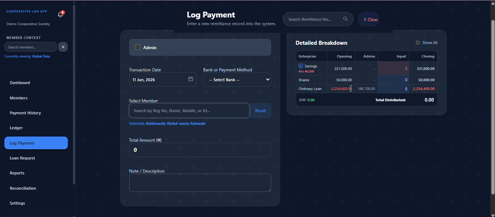Now, in this case, Mr. Adebowale did not pay any money to the bank. He did not collect any money from the bank. He is only using his already saved money in the bank to clear his loan. So in this kind of scenario,